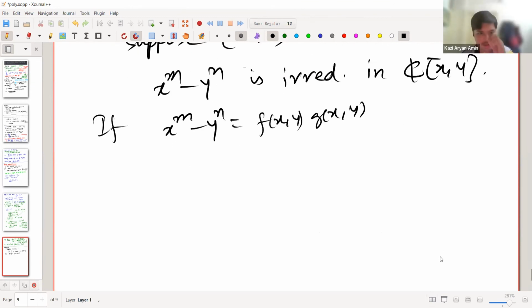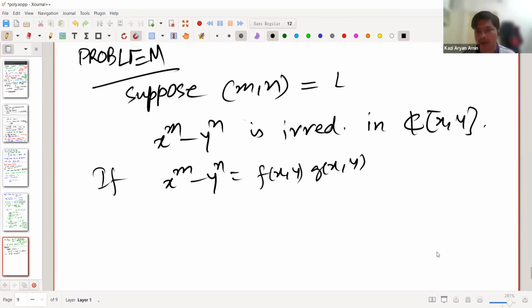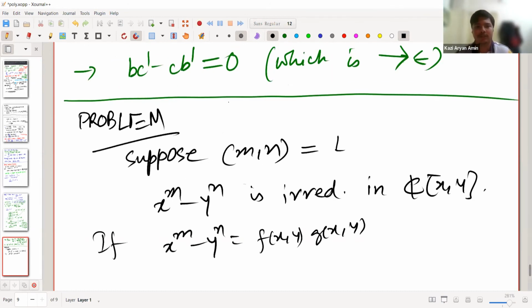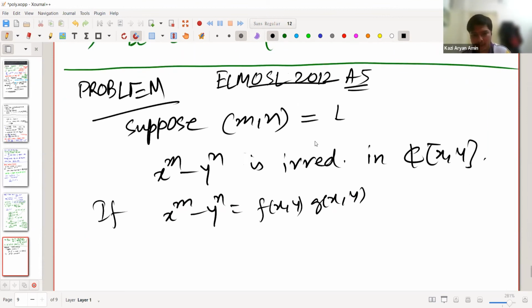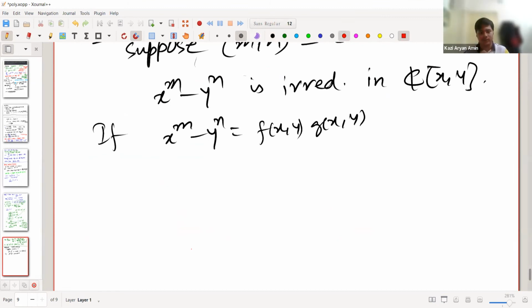Yeah. So maybe there's actually no time. I'll start with the solution for this because the idea for the proof is, once again, what I was talking about: we'll substitute values smartly once again, right? Also, after we do this problem, feel free to try the previous version of the problem. This problem is ELMO SL 2012 A5, and the previous problem which I deleted was A7. So do maybe try the A7 after we are done with this problem. So how we do this is something like,